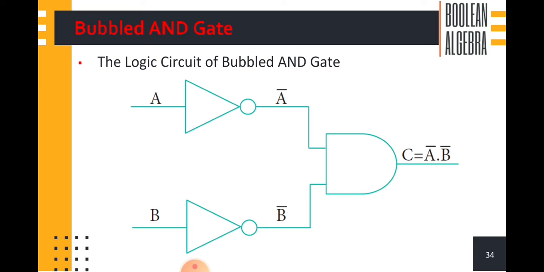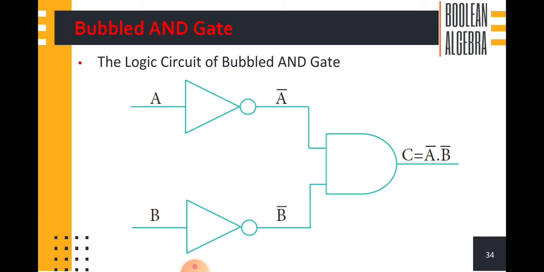So see this logical diagram, the logic circuit of the coupled AND gate. We are passing 2 inputs A and B. We are not giving them directly to the AND gate. We just invert the input by using a NOT gate. A complement A, a triangle shape, and then you put a circle shape. That is a NOT gate circuit. So we pass input A to this NOT gate, we get the output A complement, and then we pass input B to the NOT gate, we also get the output B complement.